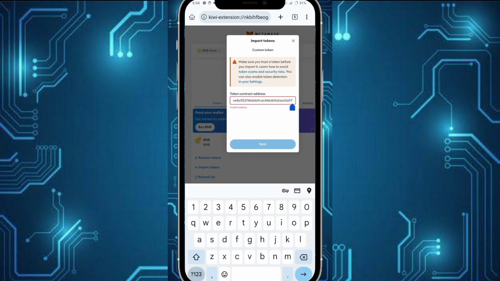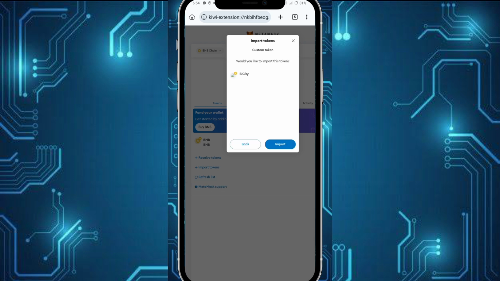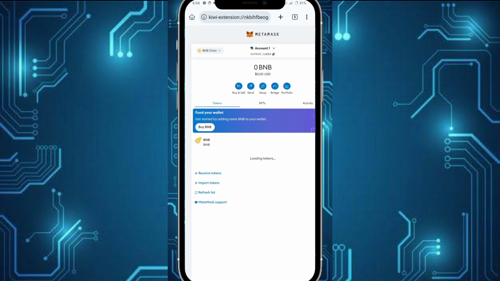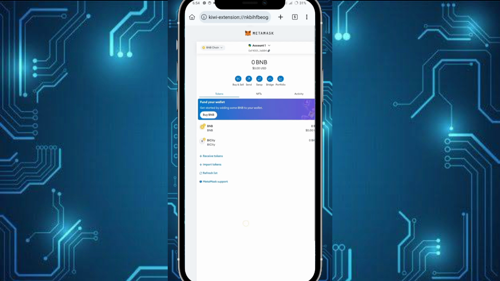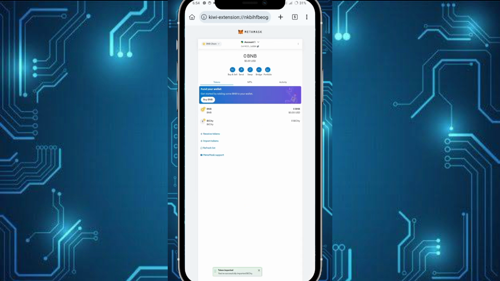Just wait. Here we go. And click next. The Buy City tokens, click import. And that's it. You have a Buy City token. Just follow the steps in our video.